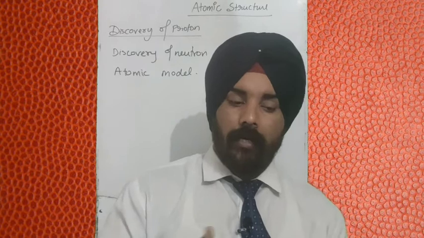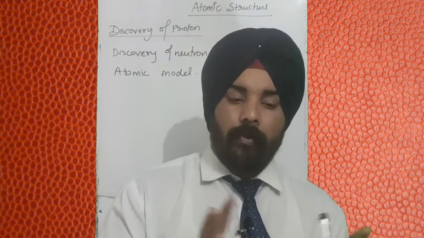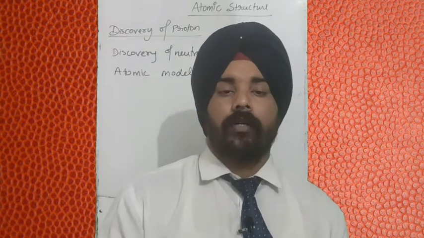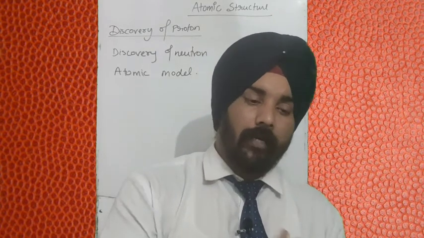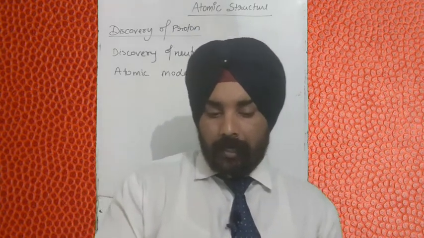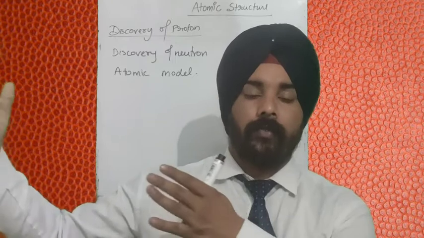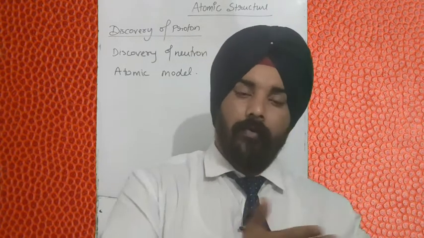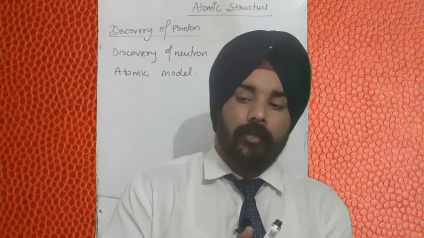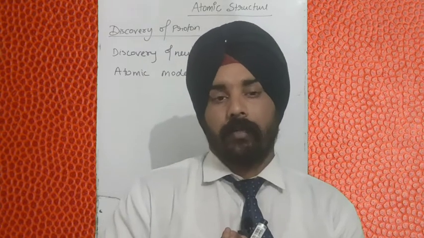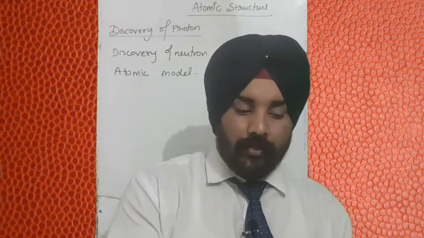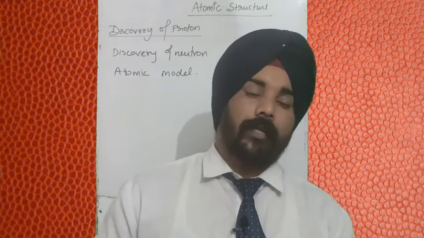Now, some properties were there. What properties were there? He took different kinds of gases and saw that a different kind of glow was produced behind the cathode. So that means the canal rays, the anode rays which were produced from the anode side moving toward the cathode side, depended upon the nature of the gas. Every time he changed the gas, he saw that the charge upon mass ratio is different.